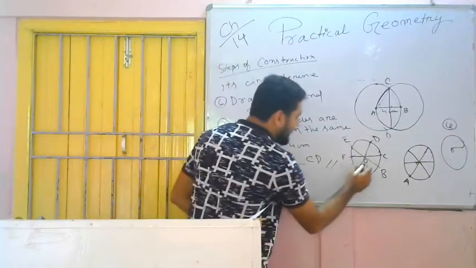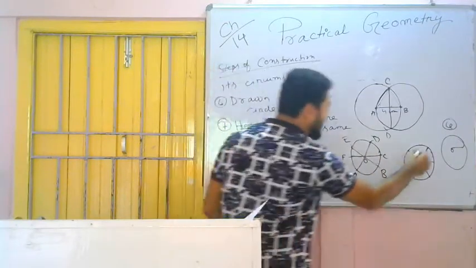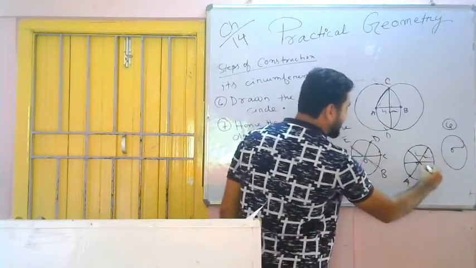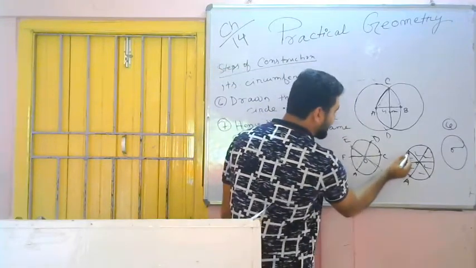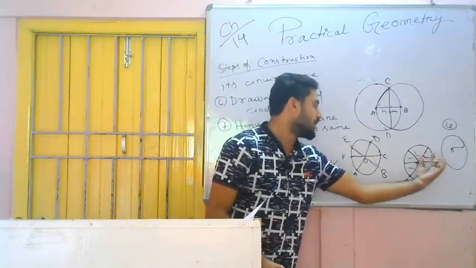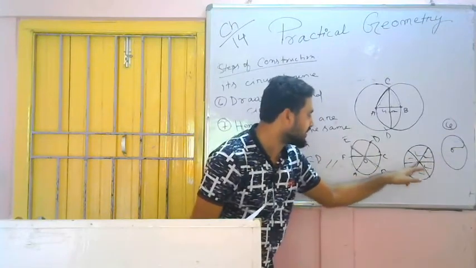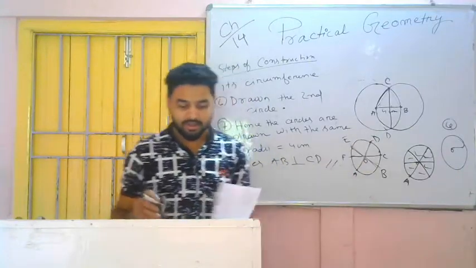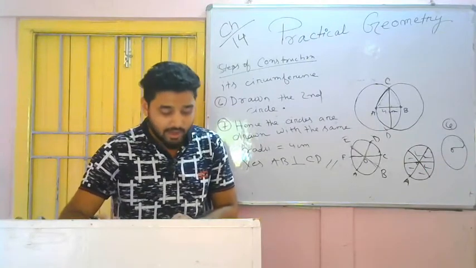So this part will be the same. You get a shape like this. This part will be the same because the radii of the circle are the same. Here OA, OB, OC, OD, OE, OF are the radii, so these 6 portions will be the same. So we have divided it into 6 portions. The circular region is divided into 6 equal sectors.